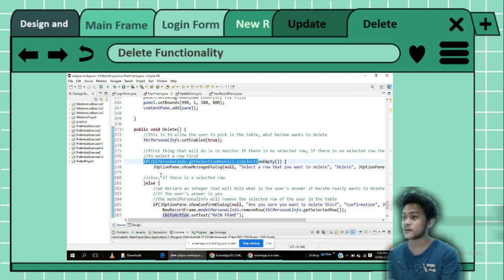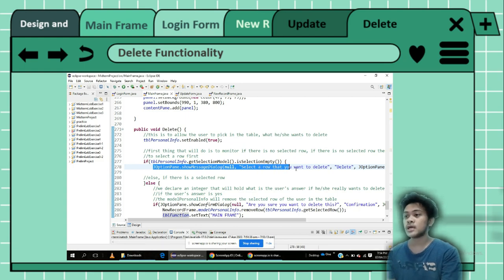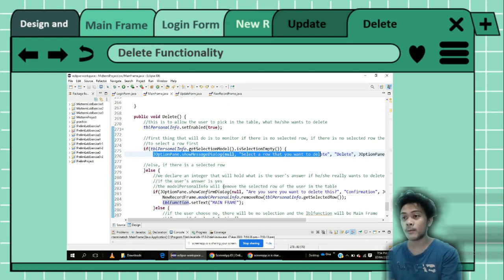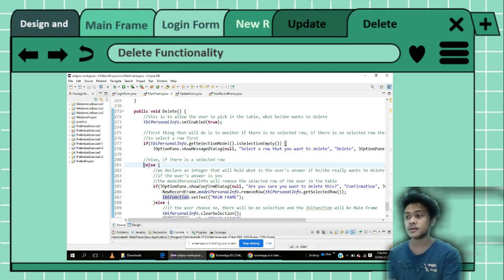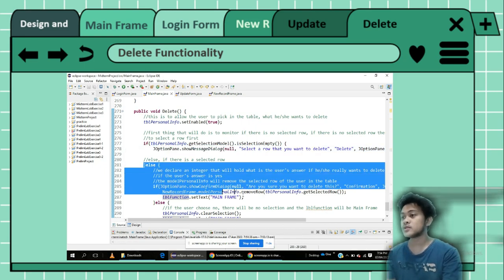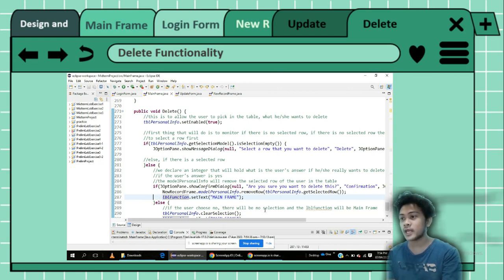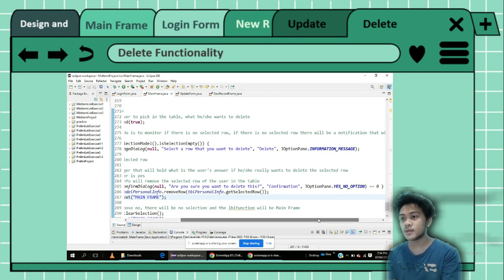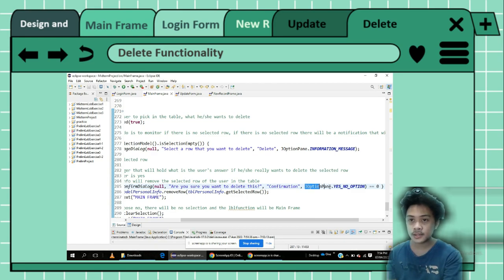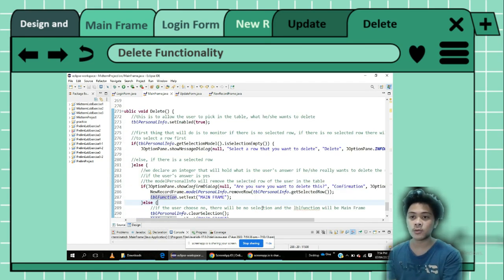If table personal info get selection model is empty, it means there is no selected row. A JOptionPane message dialog will pop up: select a row that you want to delete. And else, if the user clicks a row, a confirmation dialog will pop up. Are you sure you want to delete this? Confirmation. If the user clicks the yes option,